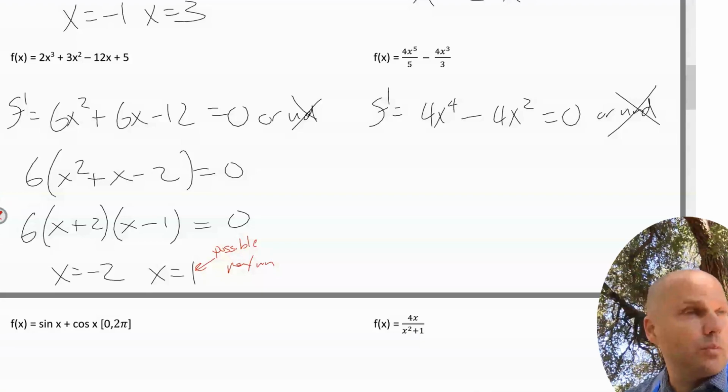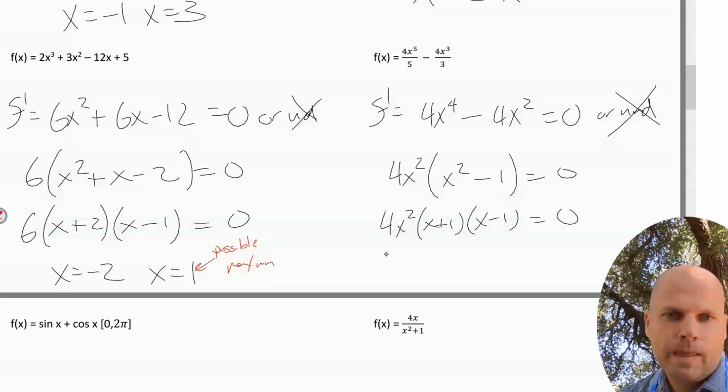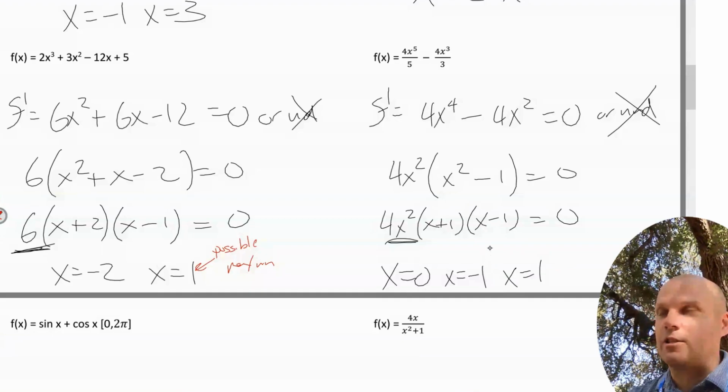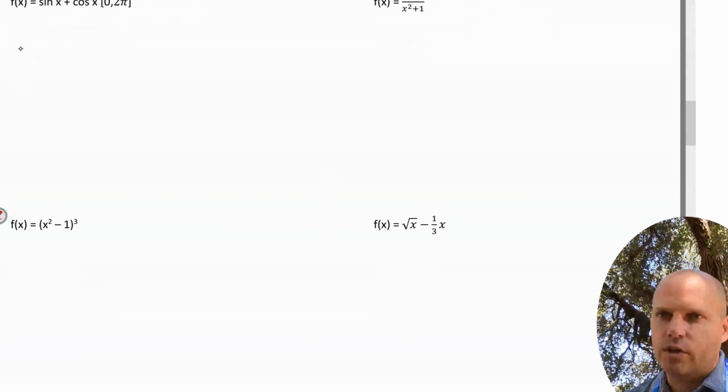Don't have to worry about when your slopes are undefined because you don't have a denominator. You're going to factor out the x squared and the 4, get that, and I know that there are 2 answers to this. Now, when you factor out 6, 0 is not a solution. When you factor out the x squared or any x's, 0 is a solution. So I have 0, -1, and 1. Possible max min locations where my function is neither increasing nor decreasing. This is a good one.